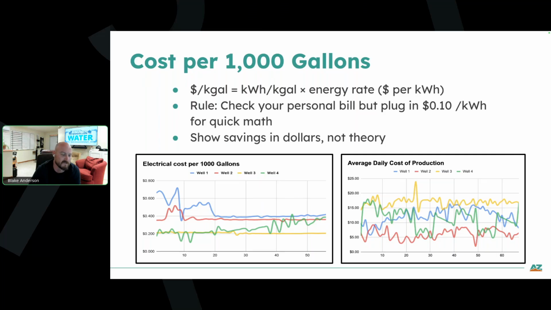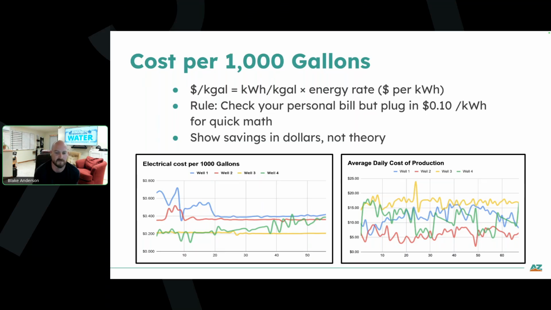And so basically, how much is this well actually producing each day? And we're not running in a vacuum where we can just always run the cheapest well all the time. Practically, you can't just run small pumps to operate a system. You have multiple wells because you have to be able to meet the demand of the system. And so that's where operationally it's incumbent upon the operators to start to make choices that can maximize the usage of your cheapest wells, but you still need to be cycling and running your system.